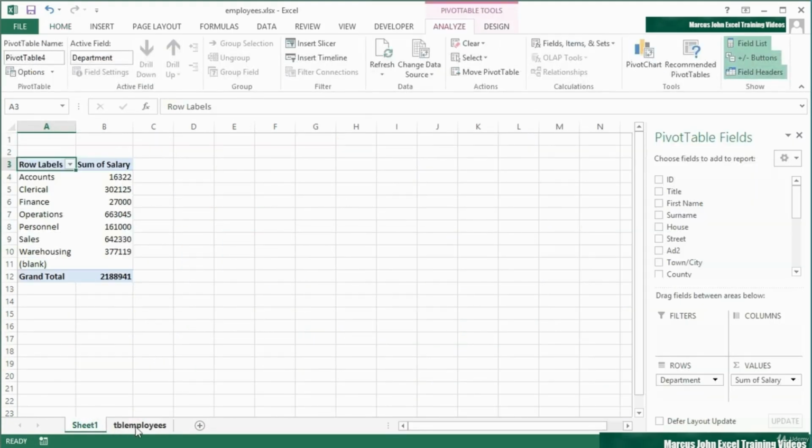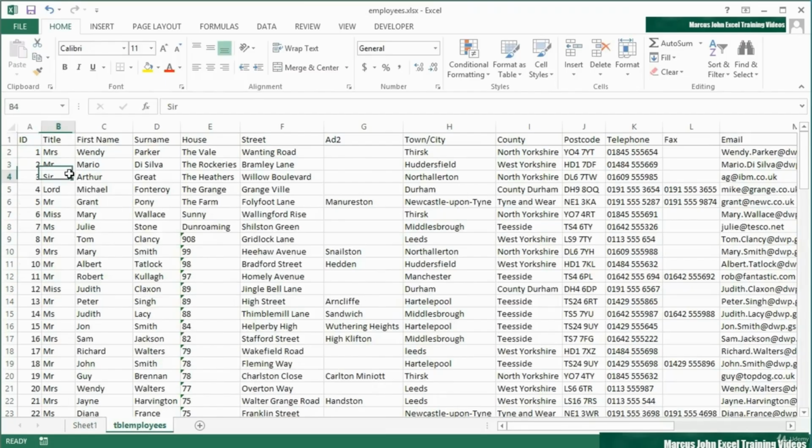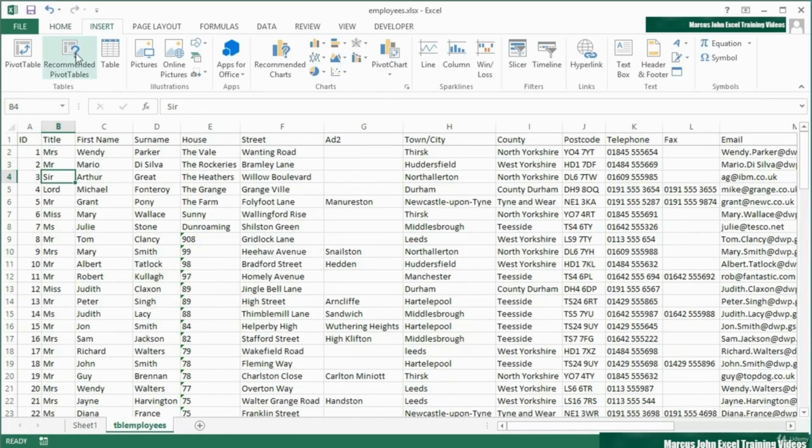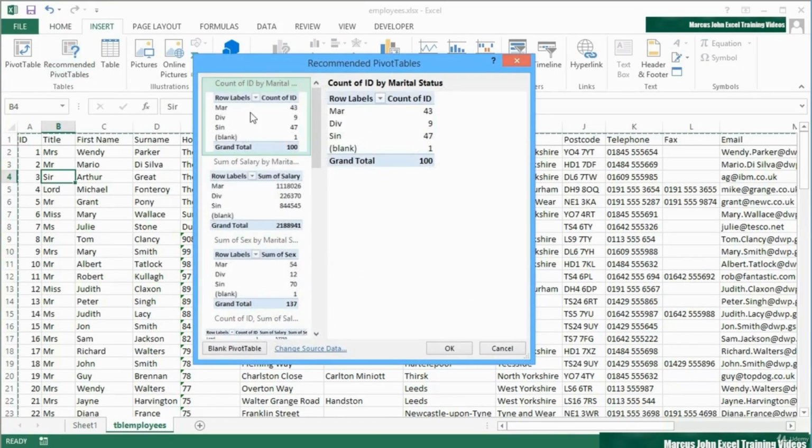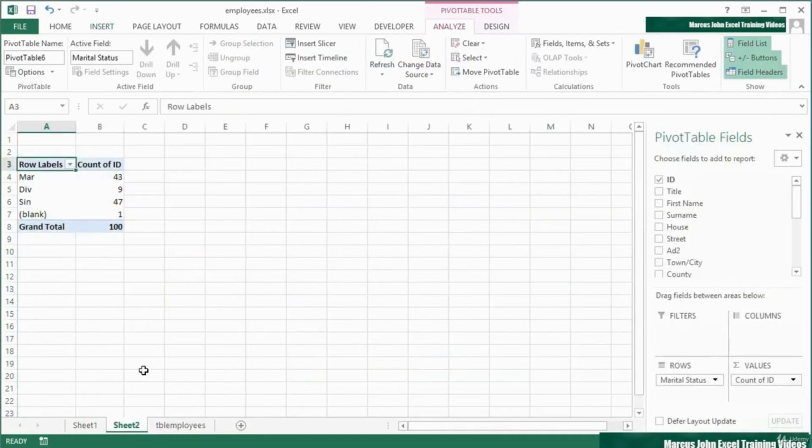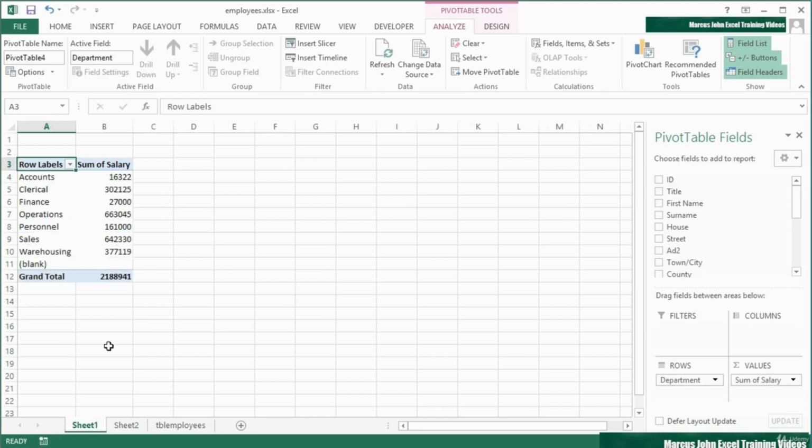How quick was that? We can do the same thing again. So we click into the data, insert recommended pivot table, and choose a different one. Let's go for the first one. Now that inserts itself in another new sheet. So we're going to have Sheet2, which is the marital status counts, and Sheet1, which is the total salary by department. These can be renamed. They're simply new sheets with the pivot table dropped into them. Salary by department